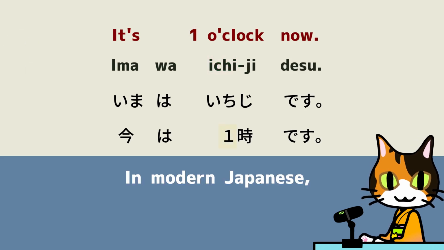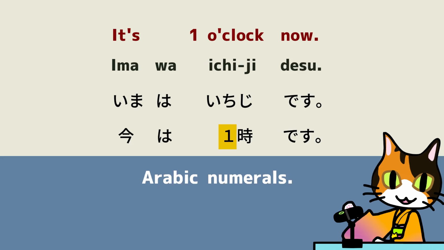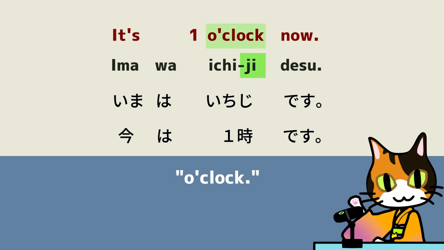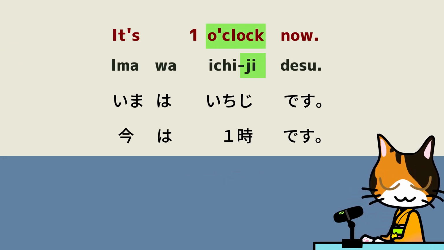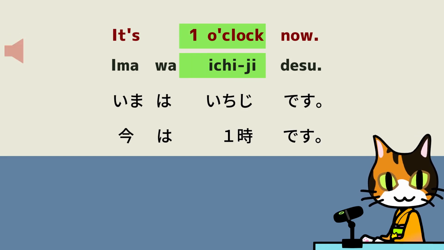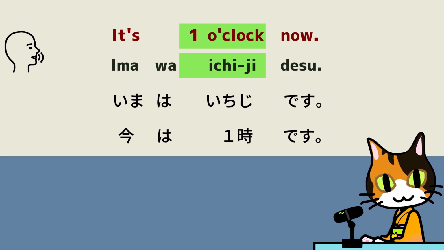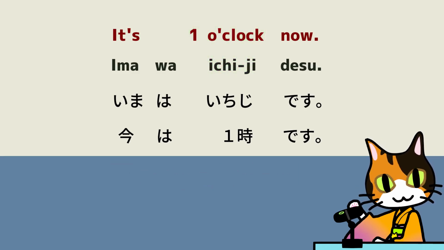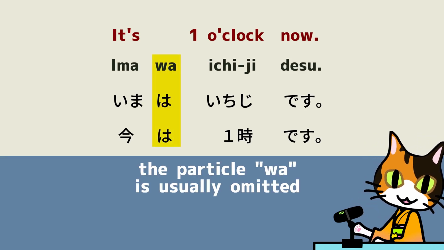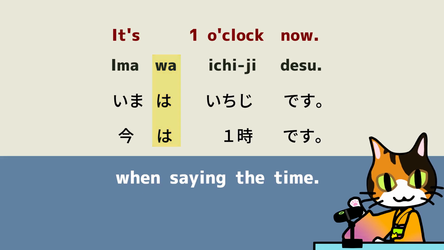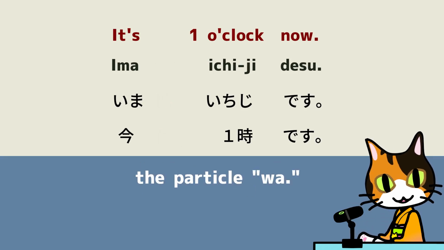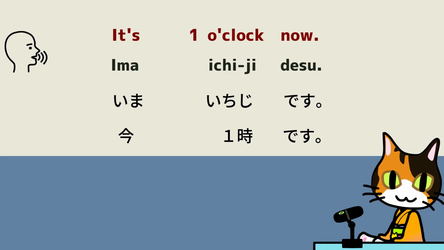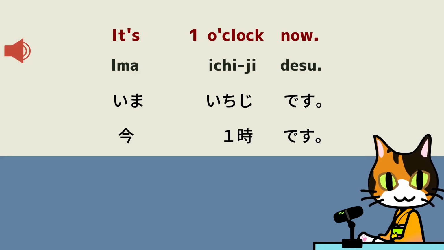In modern Japanese, numbers are usually written using Arabic numerals. And ji is a unit of time that corresponds to a clock. 1時。 The sentence structure is the same as when you say, today is Monday. However, for some reason, the particle wa is usually omitted when saying the time. Let's practice by omitting the particle wa. 今1時です。